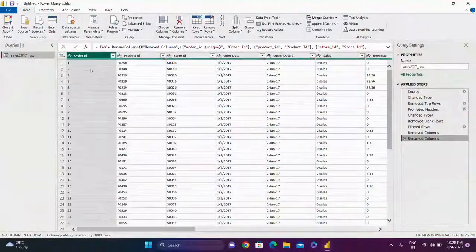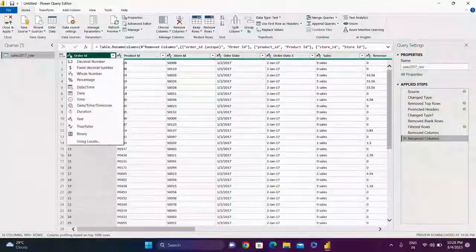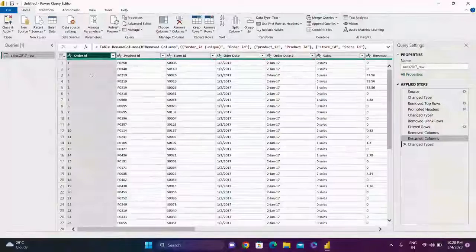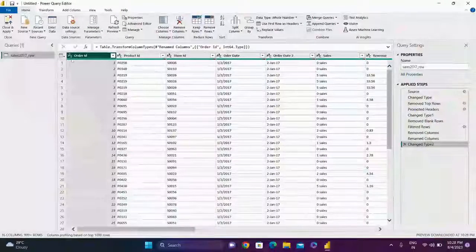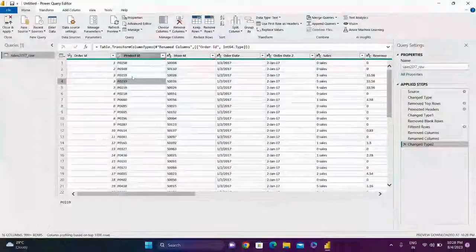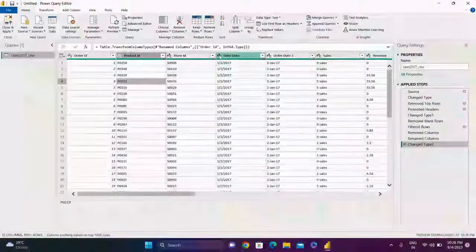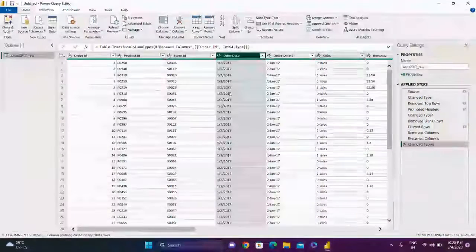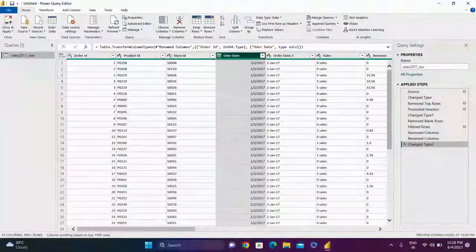So here if I take a look, the order ID is having a text format, right? And I want to have it as a whole number. So I can do that too. So you can see 1 2 3, now it is coming as a whole number, and this is fine, right? Similarly, if I want to change the data type of any other column, like there is a date column over here, order date, and I want to change it as a date, I can do that too. So now it is in a calendar format and it is coming as a date form.